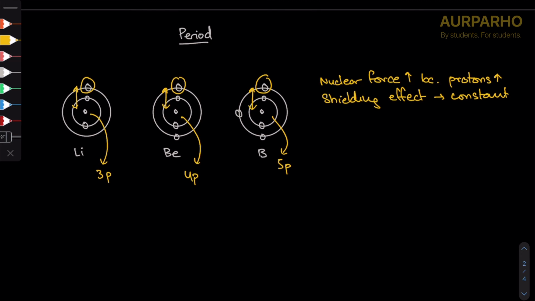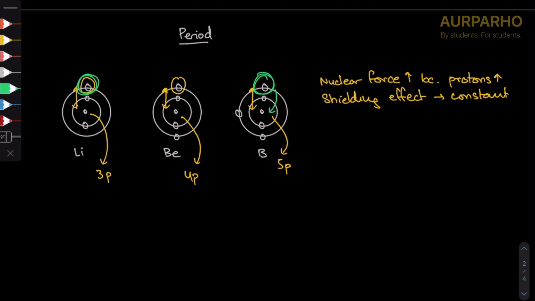This is because we're not changing energy levels. The distance from the nucleus remains constant, as you can see in this example. So as a result, shielding effect is remaining constant, nuclear force is increasing. That means this electron, well, I'll highlight here, this electron is being pulled to the nucleus with a much stronger